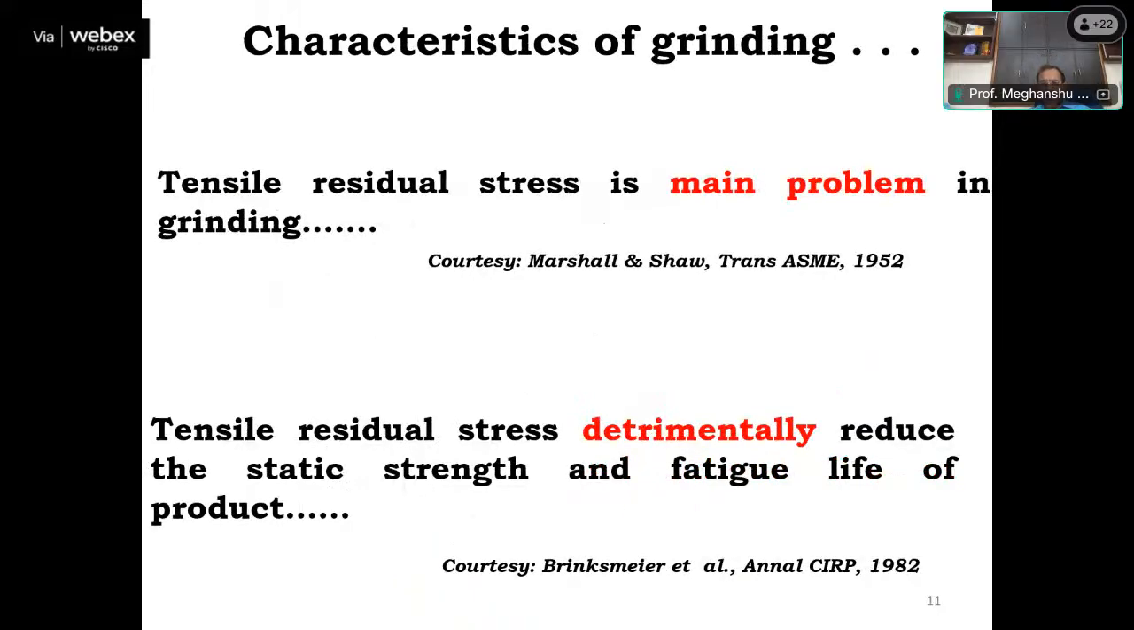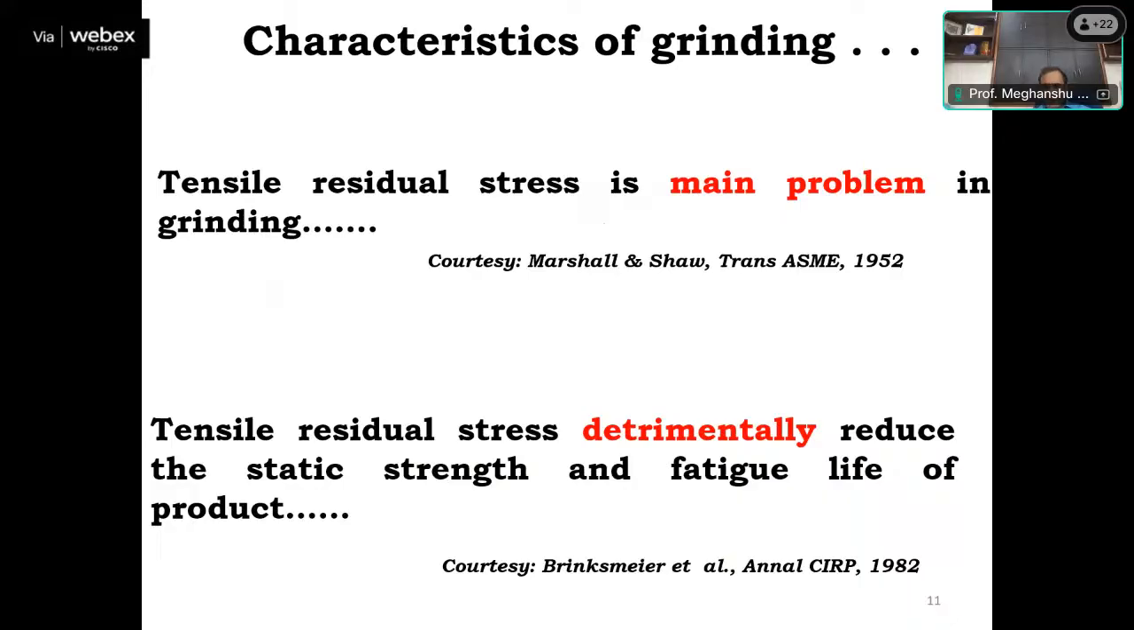Various scientists who are working in the area of grinding have clearly informed that tensile residual stress is the main problem in grinding. Marshall and Shaw are well-known scientists in the area of machining or manufacturing. In 1952, they declared in an article in ASME that this is the main problem in grinding and it should be avoided, or we have to take some remedial action, or we have to measure the tensile residual stress in the